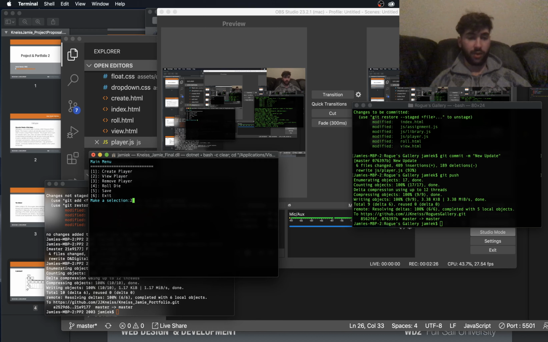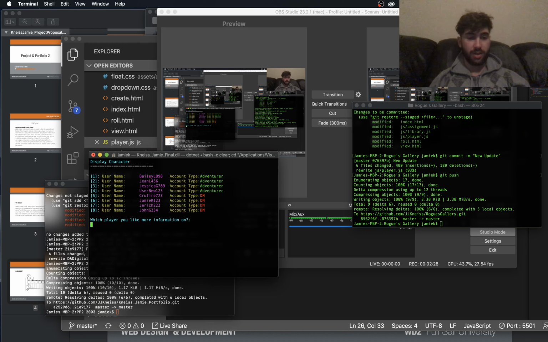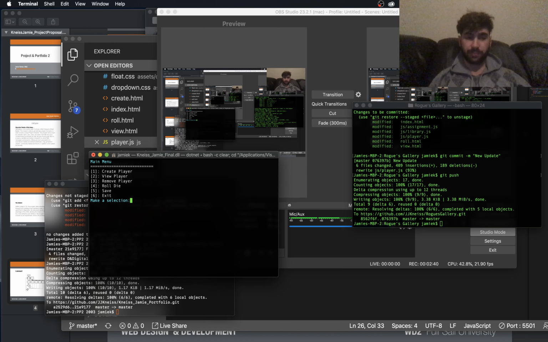If we go and view players, as you can see, right there at 7, it's been added. It's 7. Gives the campaign info, party size, name. So if we hit save,